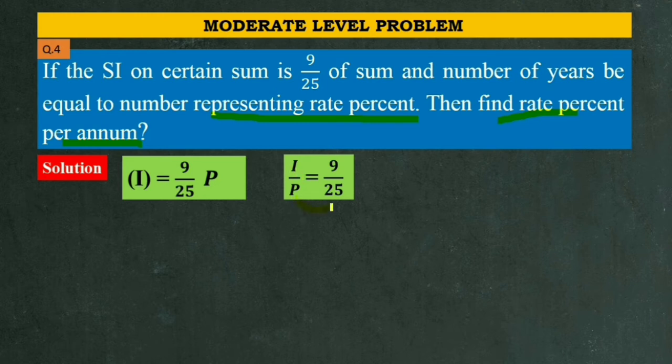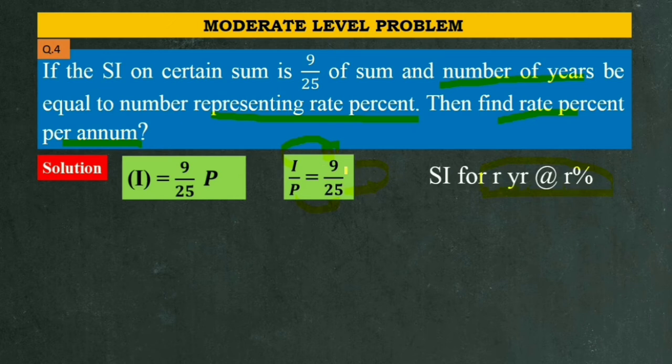So after that we will get the value of the principal, that is the initial amount lent, equal to 25. But after how many years and at what rate he had to pay the interest of rupees 9, that we don't know. So looking at the second condition, it is given that the number of years equals the number representing the rate percentage. So we will simply consider it as SI for R years at R percentage. Then and only then the condition is followed.